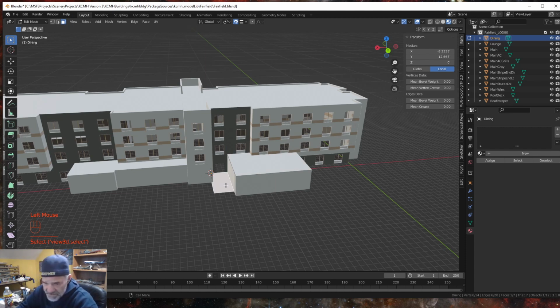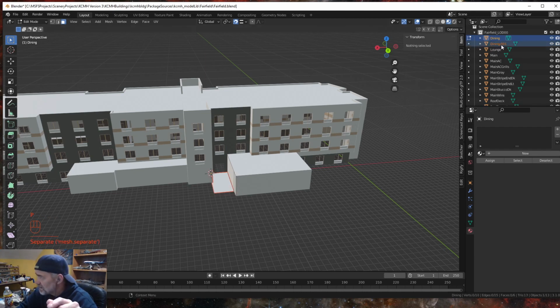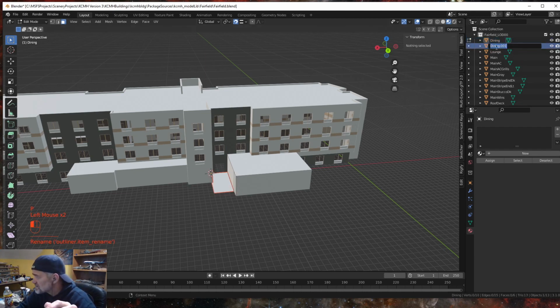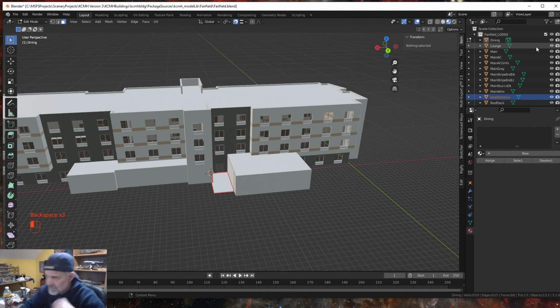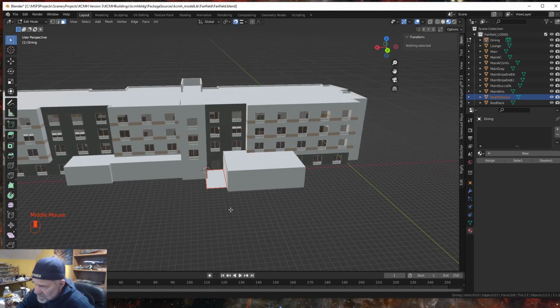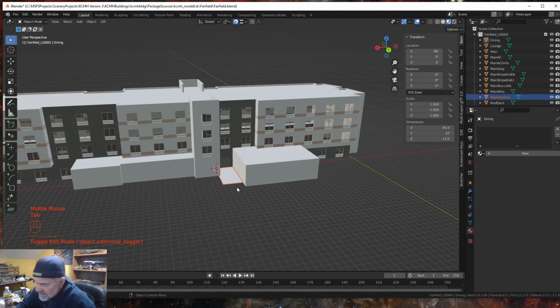So I'm going to hit that face, hit P, selection, and we're going to call this rear entrance. Except I spell a lot different than everybody else. Rear entrance, okay? Now what we can do is get out of edit mode, select our rear entrance, and we are simply going to